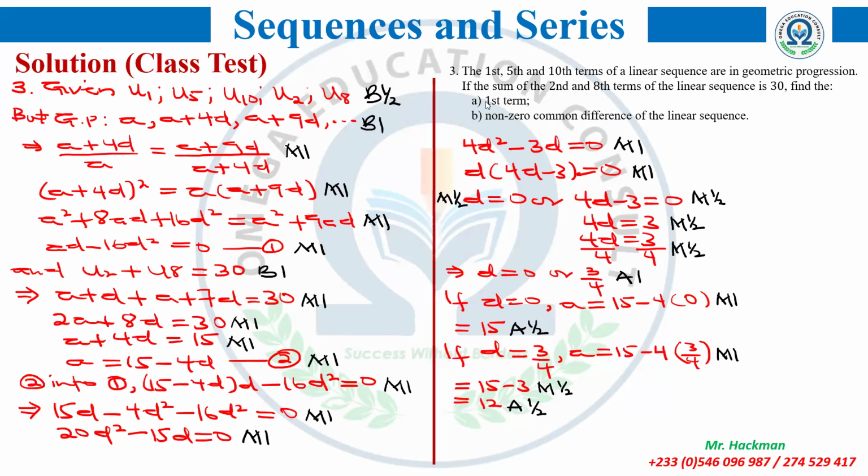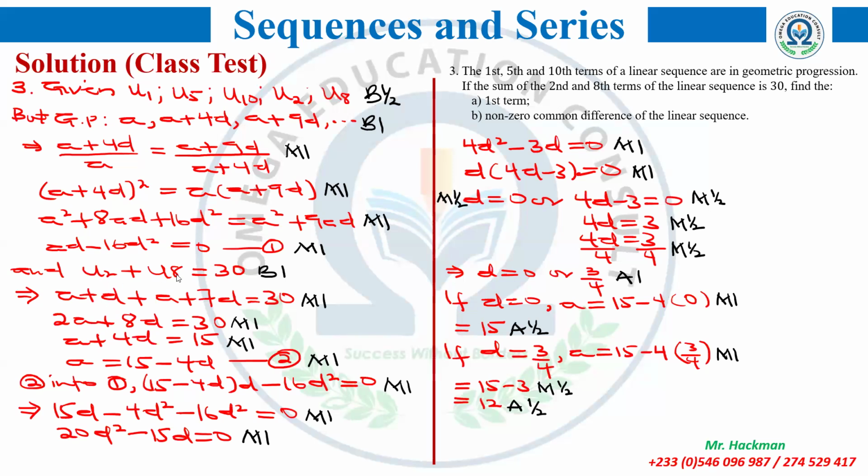But you also know that we have the sum of the second and the eighth terms. You saw that you made use of the first, the fifth, and the 10th terms. I will not make use of these two now, so we are going to make use of the second and eighth terms. We are told that the sum of these two should give us 30. So we are going to get the second term of an AP, which is